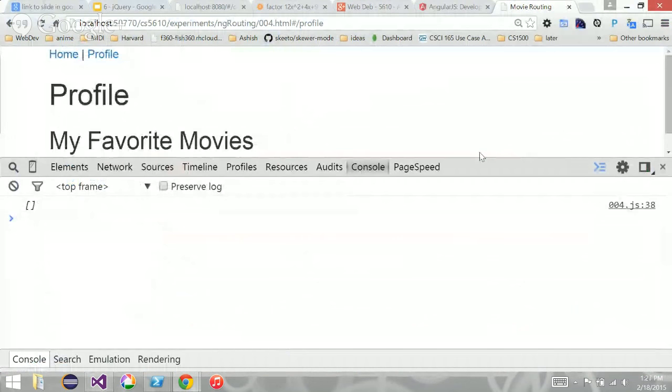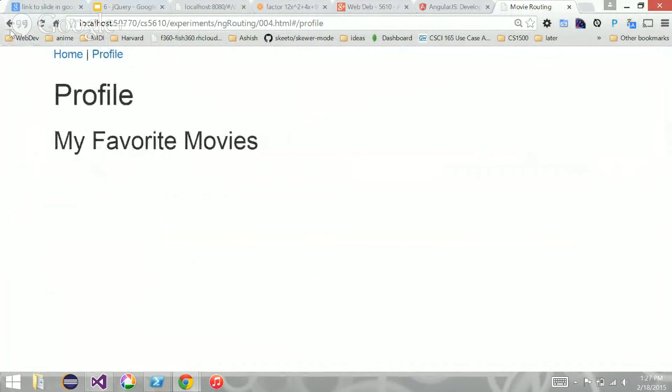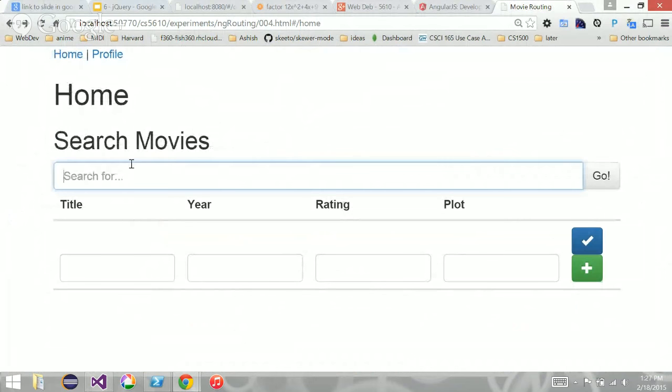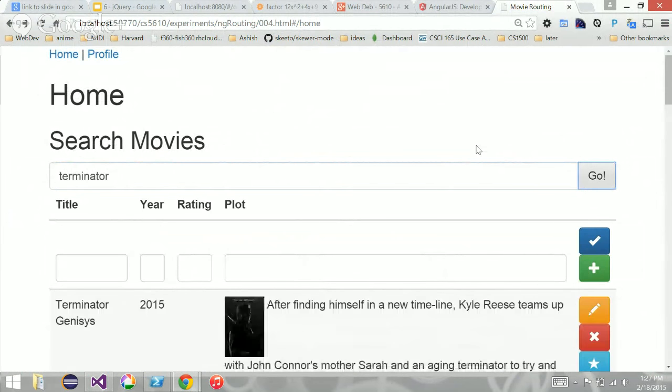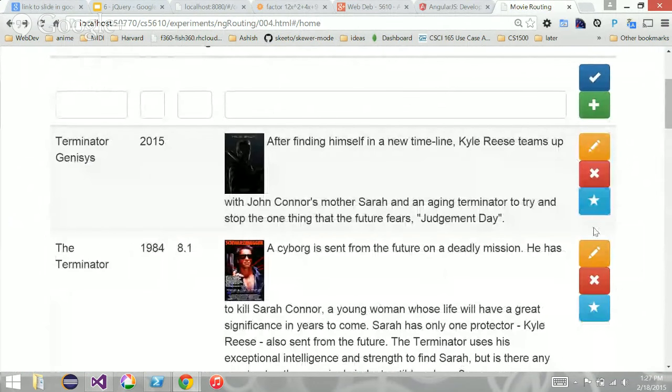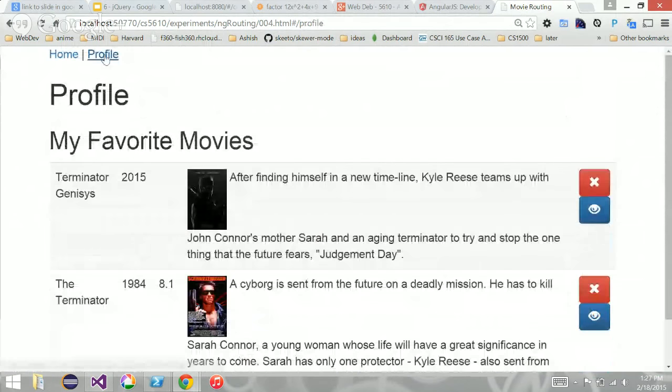If I refresh, everything goes away because we have nothing stored in the database. So we have here Terminator, and we have favorite, and go to profile. Notice that if I hover over this, at the bottom it's a hyperlink, details TT13 something or other.